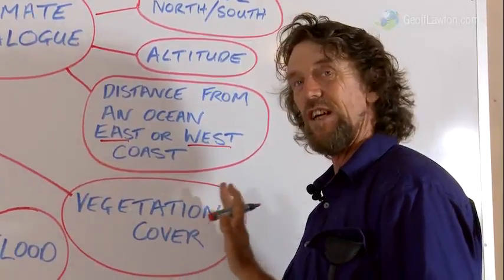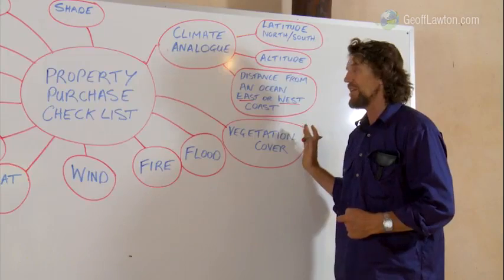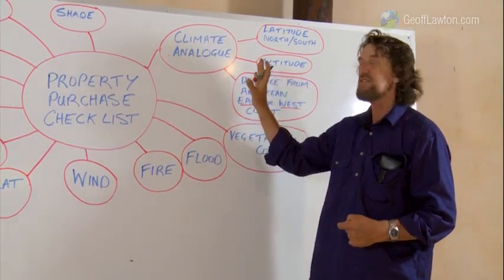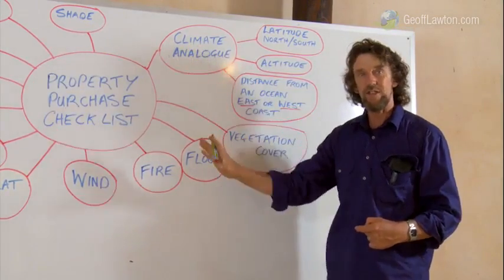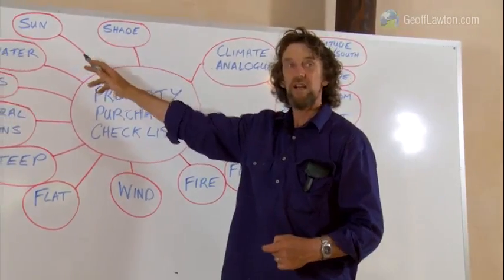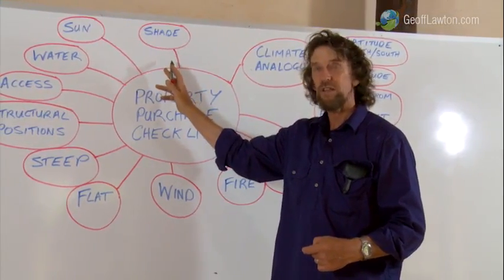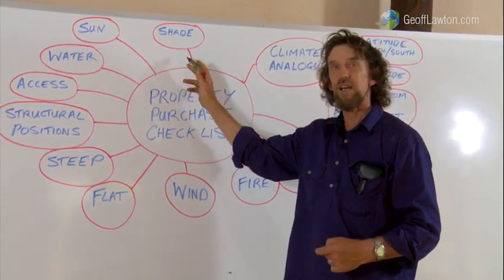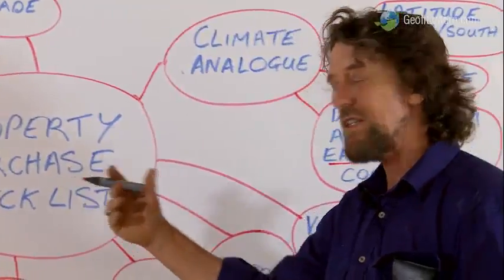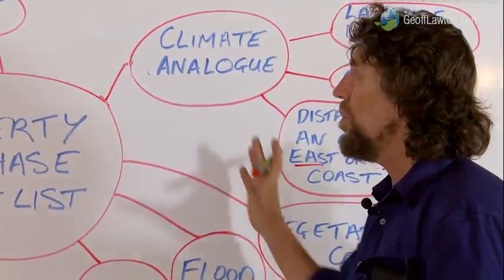What sort of vegetation cover do you have on the land in relation to the size? Size is going to make a big difference here. In the suburbs, shade and sun are going to be crucial, that you have enough sun or enough shade to go into a productive system. Larger landscapes, you've got to consider the vegetation cover. All of this